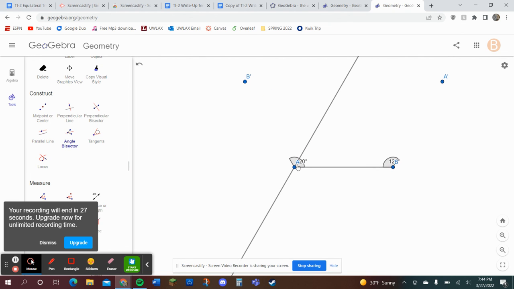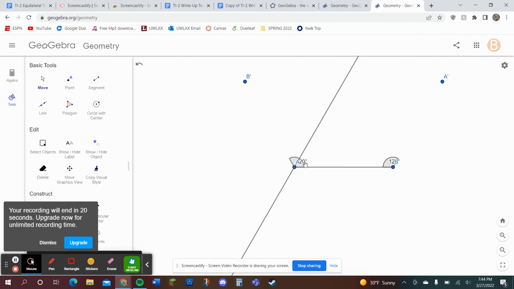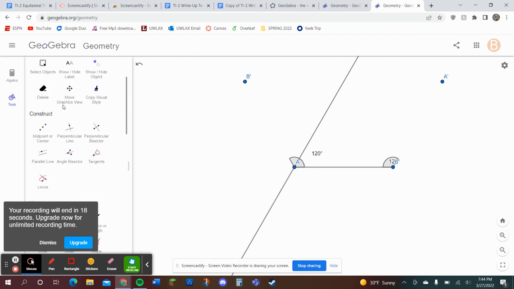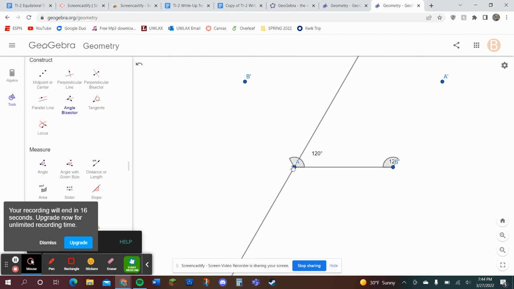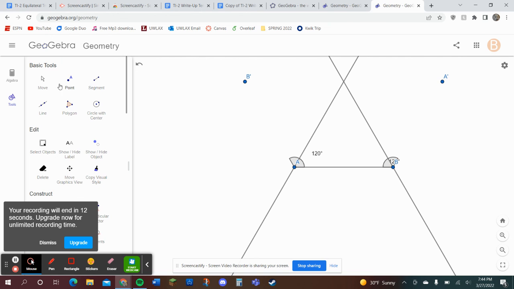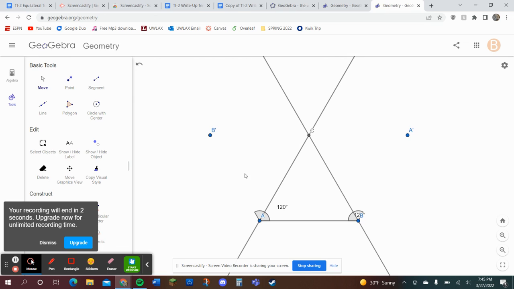And so what this does is it creates two equal angles about A. So we know that this angle right here is 120. So that means these have to be 60. We're going to do the same exact thing. I'm running out of time here. Go up here. We're going to create a point here. And then we know that this is an equilateral triangle as well. So yeah, those are two different methods on how to build a